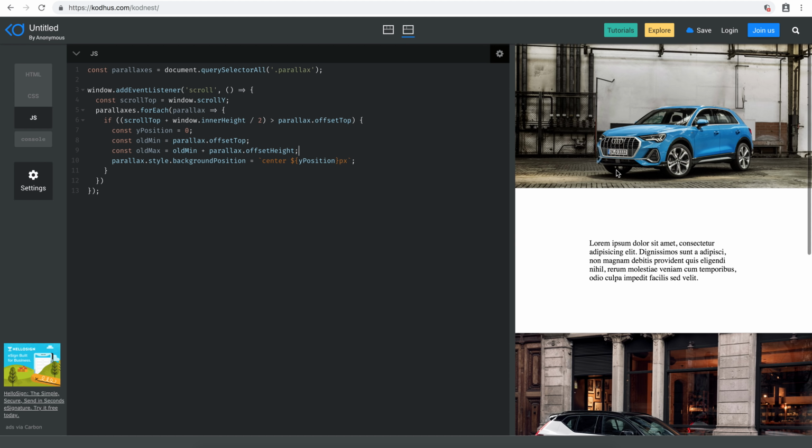The problem is that the first image here is already on top of the half of the window, so it's in the first half of the window. What I need to make sure happens, my old min, I'm going to check this. I'm going to use ternary operations here. So if